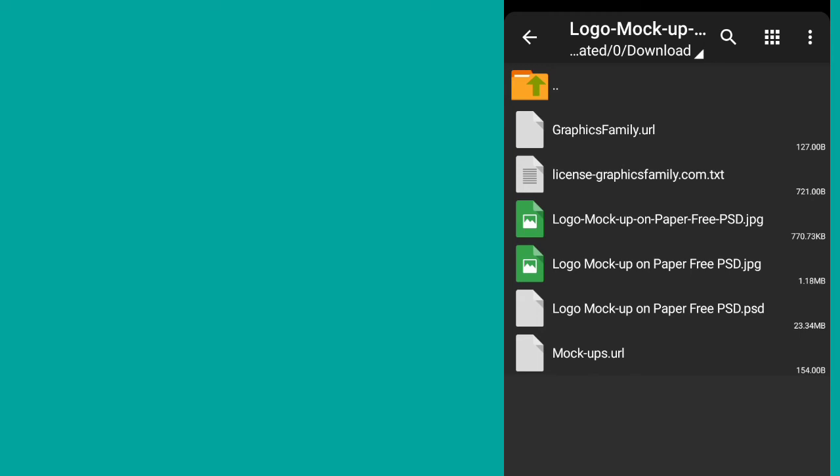There are two things you have to look into to identify the right mockup from here. Look at the one with the highest megabytes, or look at the one that ends with .psd. Listen again. Look at the one that ends with .psd, or the one having the highest megabytes among all these options that you see.